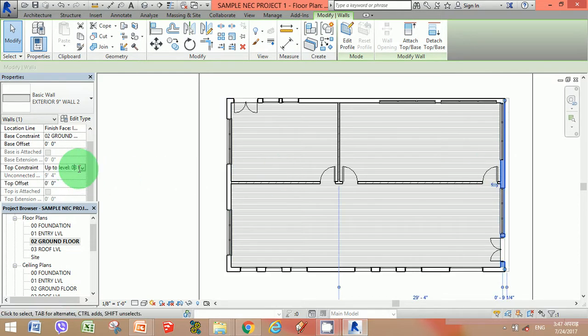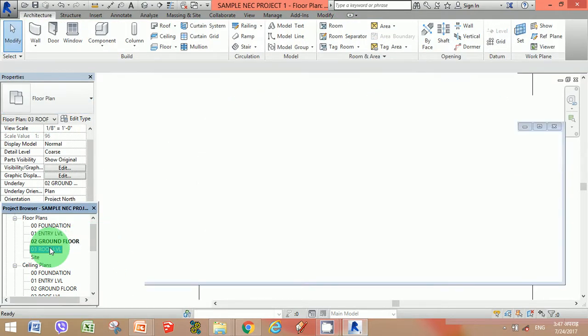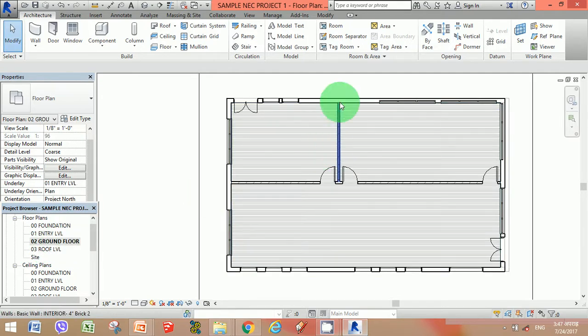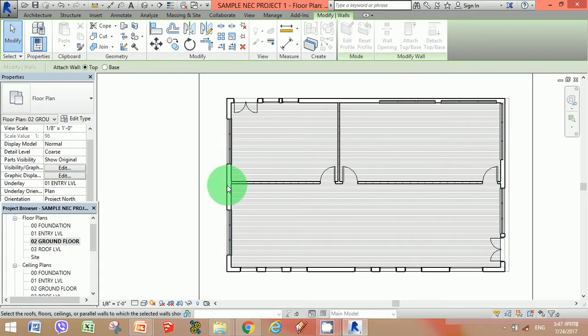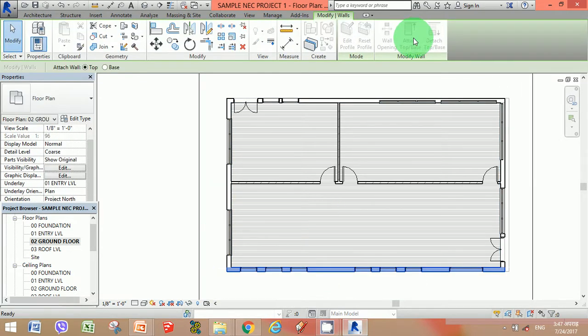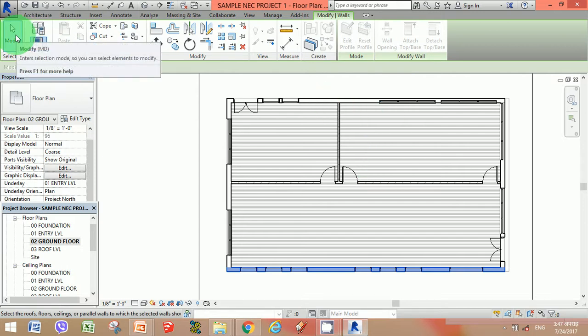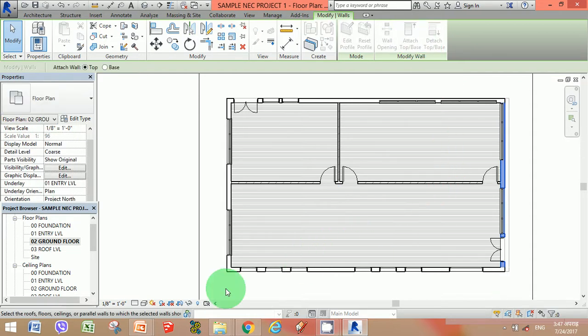These walls are connected to the roof level, so we are getting this type of error. So once the roof is in contact, right now we could easily attach the top of the wall. We could add other walls as well. We could attach this wall as well, and then we use another wall. It has the top of the base, and we use it as the top base of the wall.